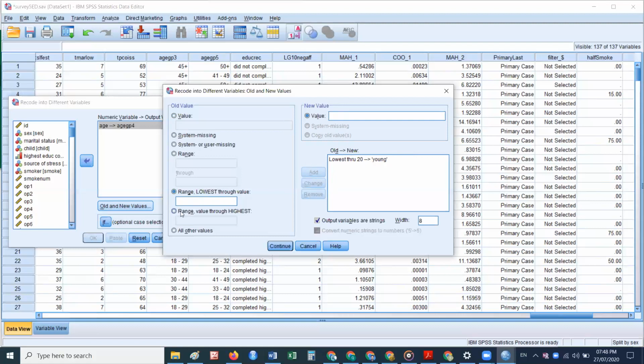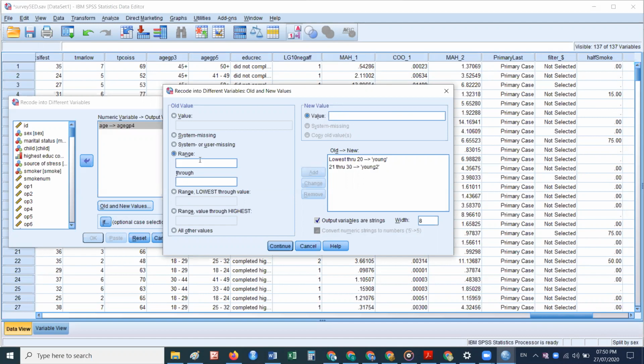Now I want to define another variable, and this is based on an interval from 21 up to 30, and the name of this will be young2.